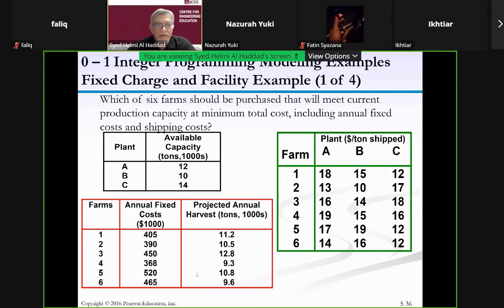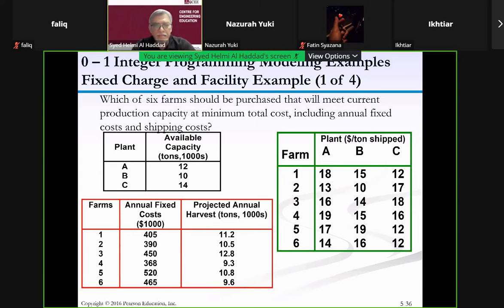You have the capacity here, 12, 10, and 14, meaning plant A will be your capacity. And the other one is the projected annual tonnage. Can you come up with these two constraints? For the tonnage,